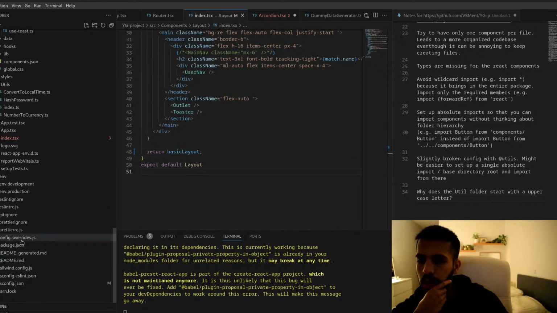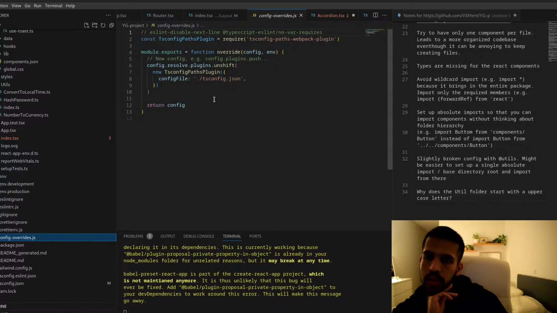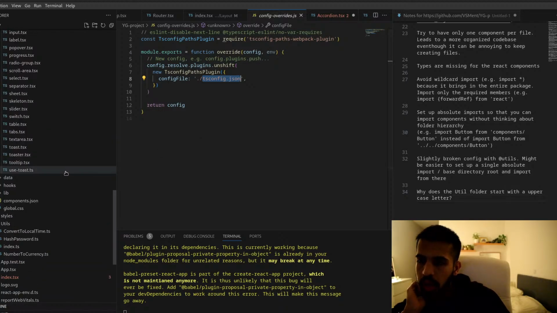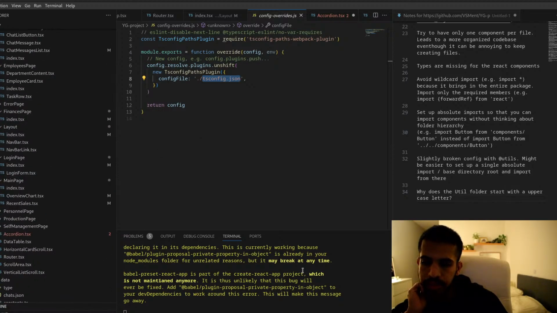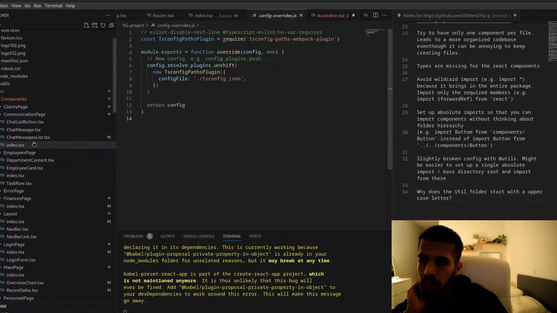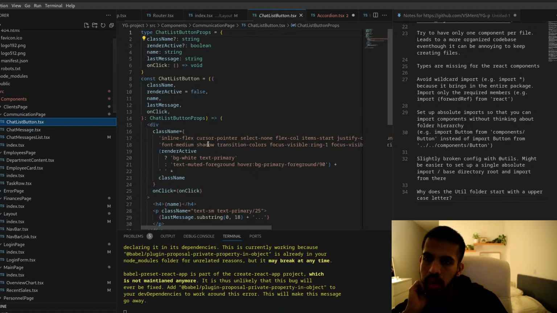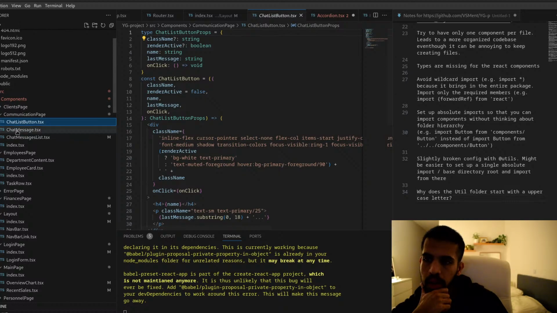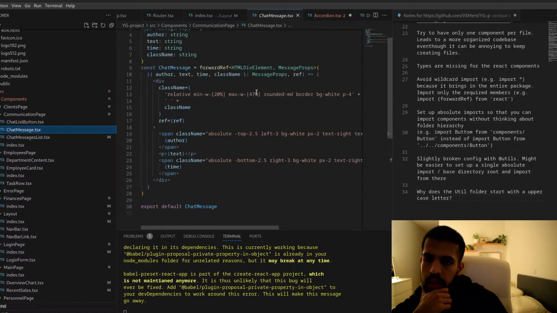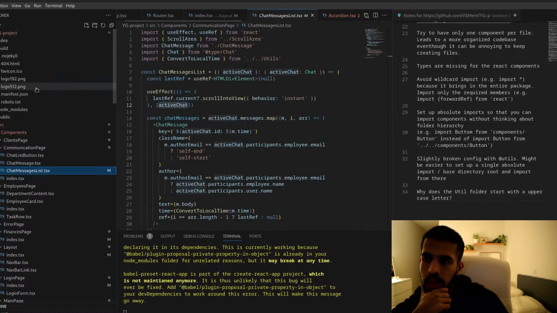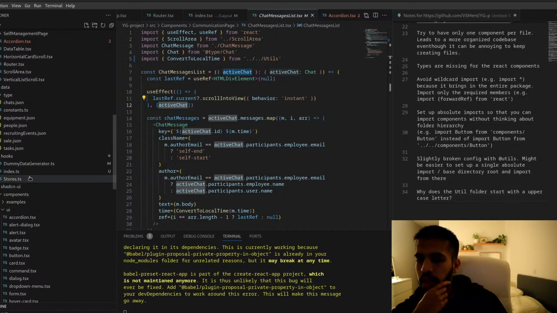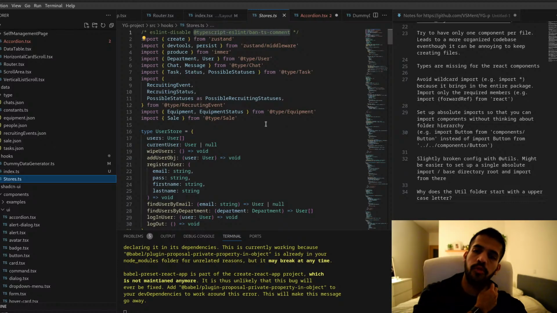So let's see why he went with React app rewired. It's because of the custom TypeScript configuration. I'll just look at some random components while this thing is building. What he really wanted some feedback on, I guess, is the usage of Zustand.